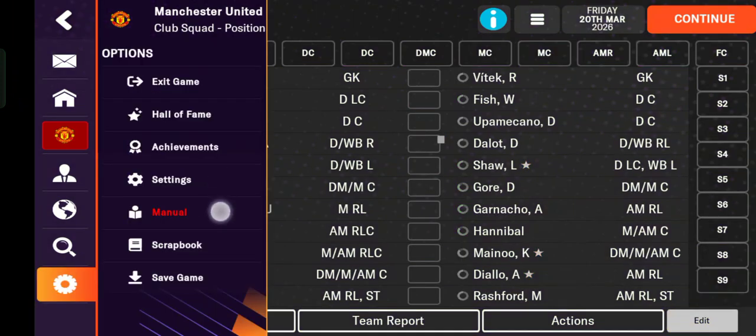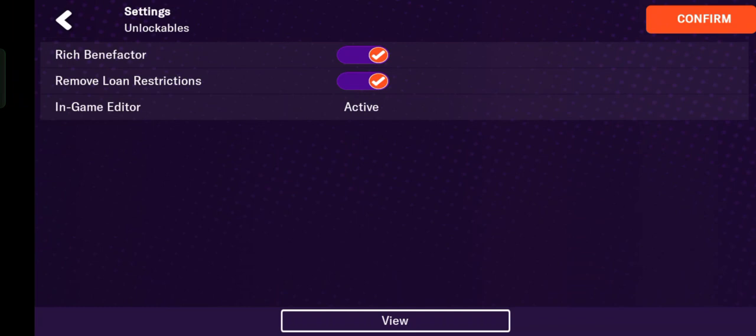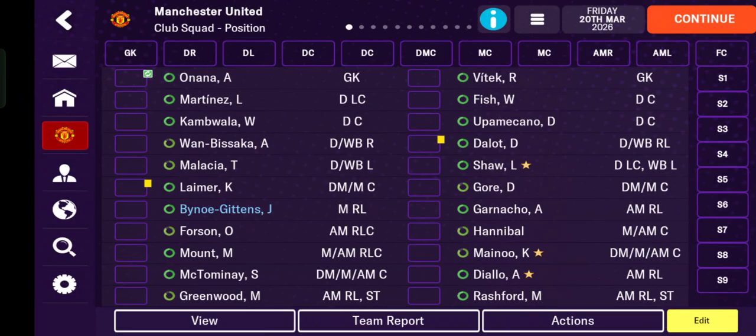You can tap the settings button, tap view, tap unlockables, this one. You cannot activate or deactivate it during or in the middle of the game. So you must start a new game to activate it. So after you activate it, you can